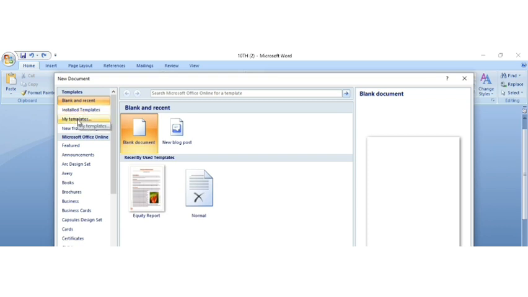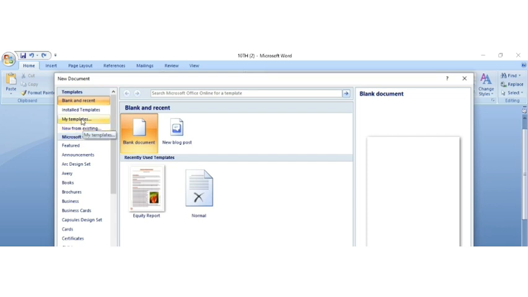My Templates will show you those templates which you have created, which you have made. Now next is New from Existing, meaning you have used an already installed template and you have made some changes in those templates, that will come under this topic, New from Existing.